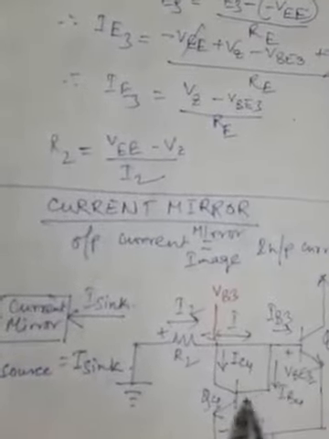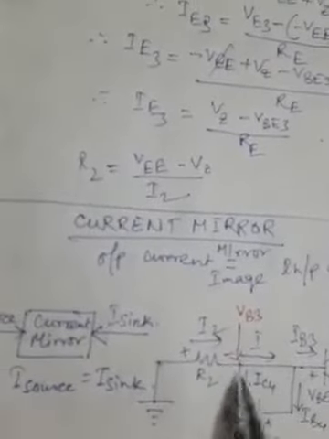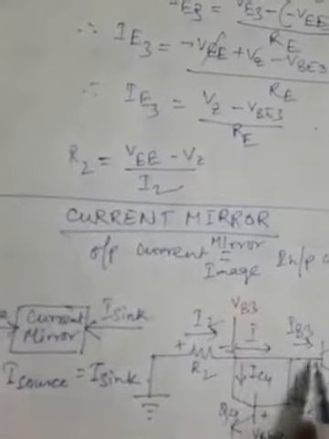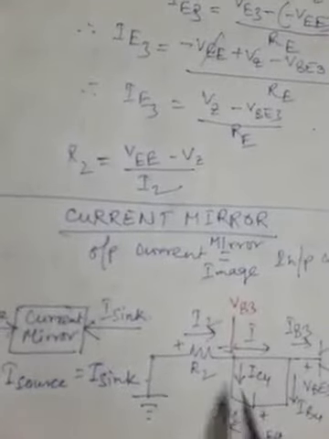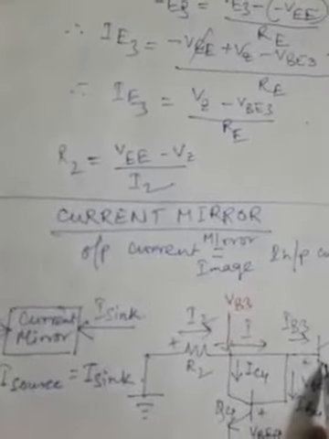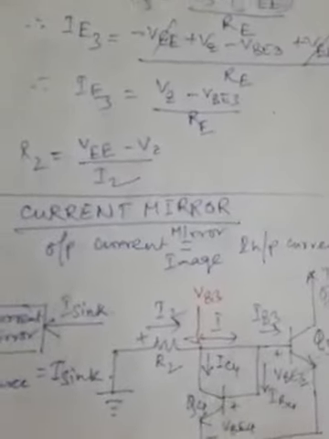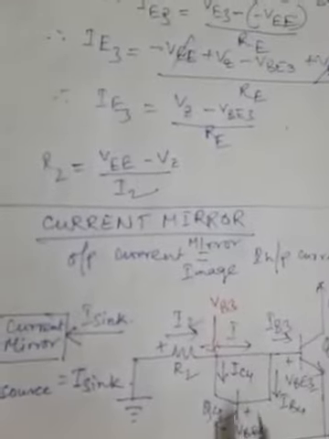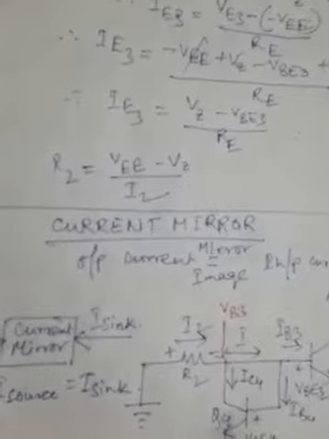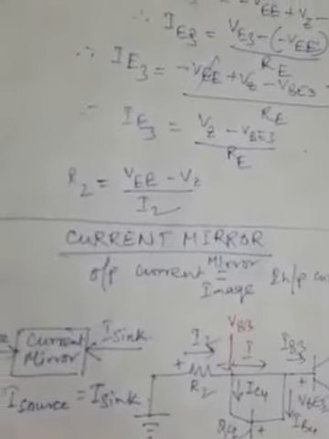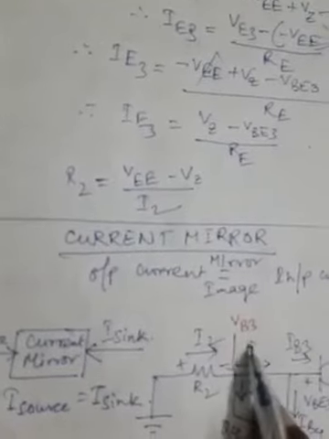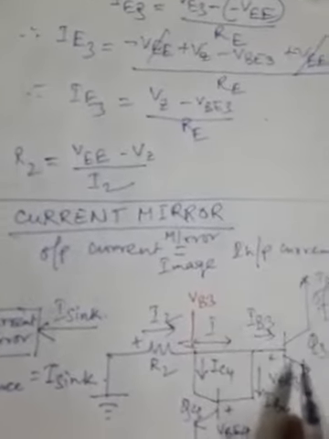That means the base of the two is shorted, and also the collector of these two transistors, the collector from the other transistor Q4, is connected to the base of it. So its base and collector are both connected through the same path to be fed to the base of Q3, and the collector current is IC4 for this Q4, and the base current is IB4, and this is the base voltage VB3 for this Q3 transistor.